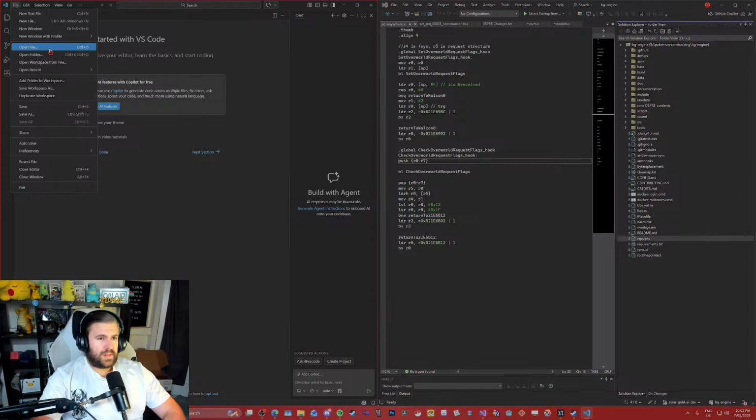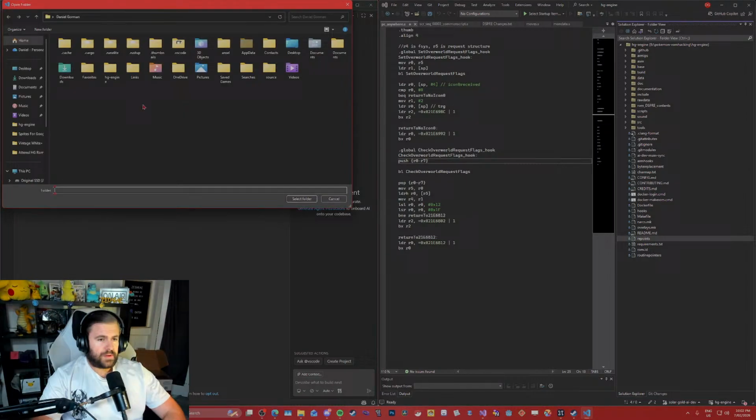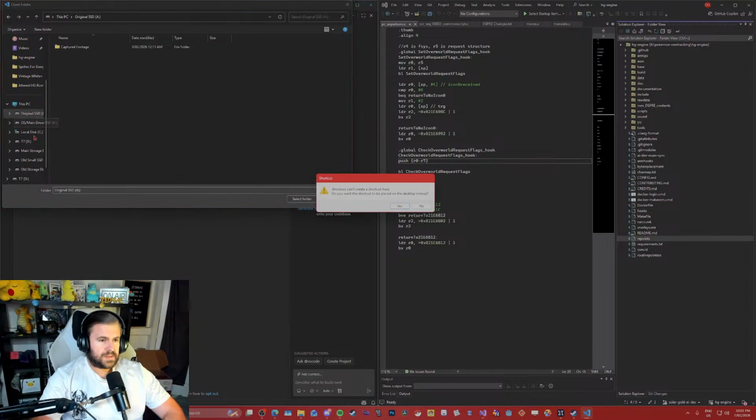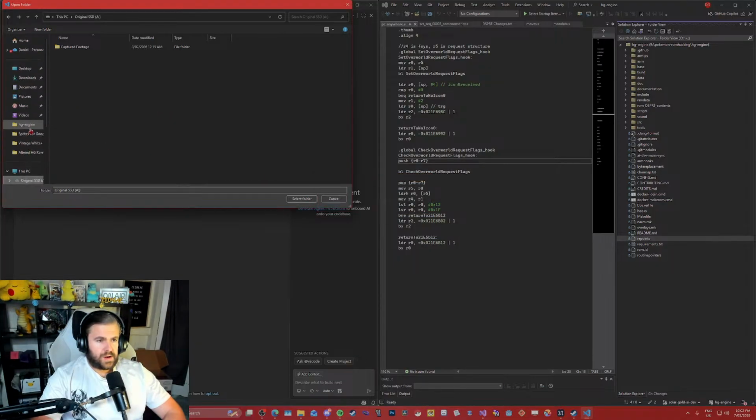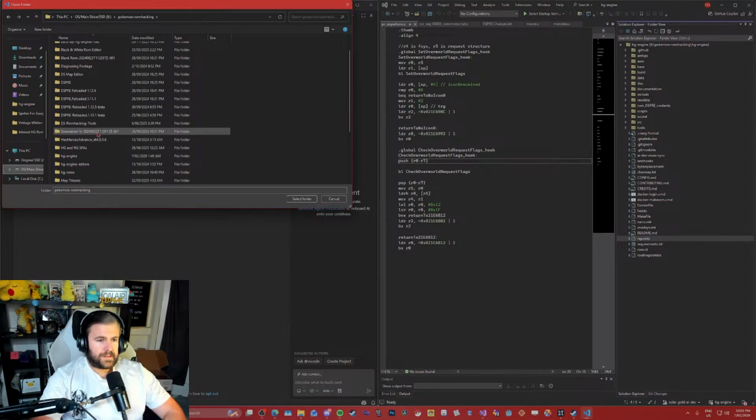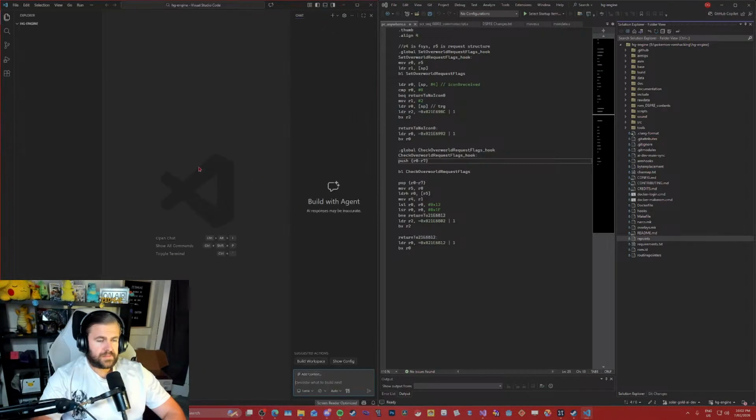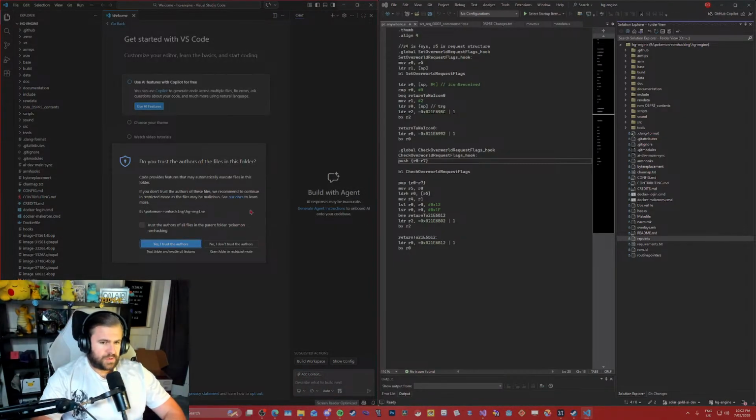So I should be able to just go file and then open folder. Yeah, open folder. And we just want to go to HeartGold engine, I'm guessing. So here, just this one. Select folder. Do you trust the authors of the files in this folder? Yay or nay? Trust the authors of all files in the parent folder, Pokémon HeartGold. Well, yeah, I'd guess so because that's my main folder. No, I don't trust the authors. Yes. I'm going to assume it's just that and that. All right, for most response time.